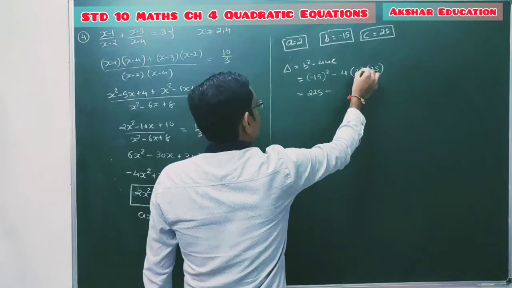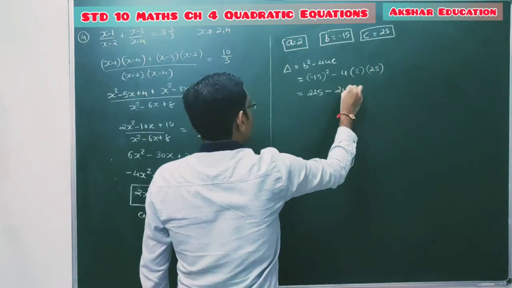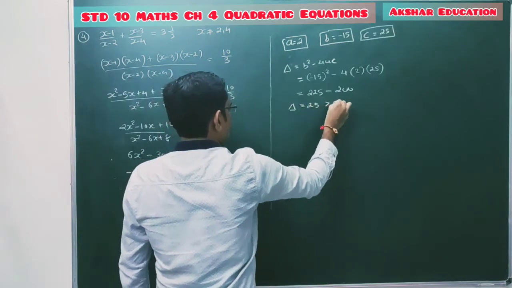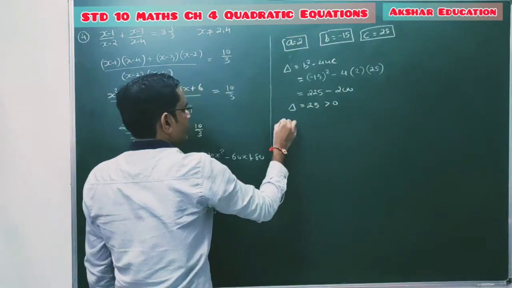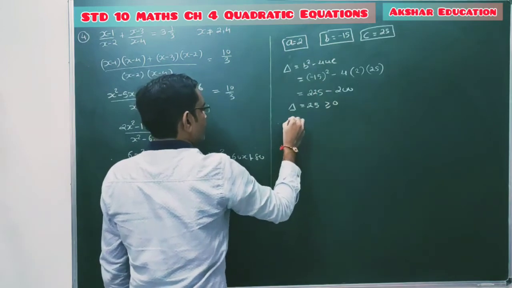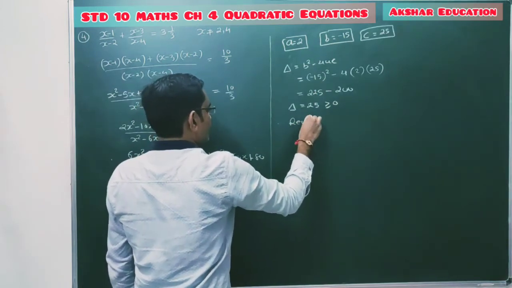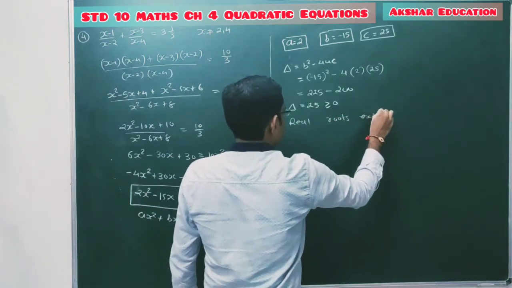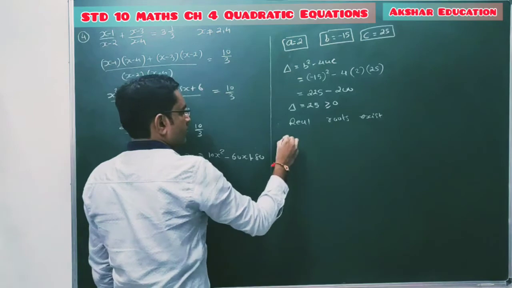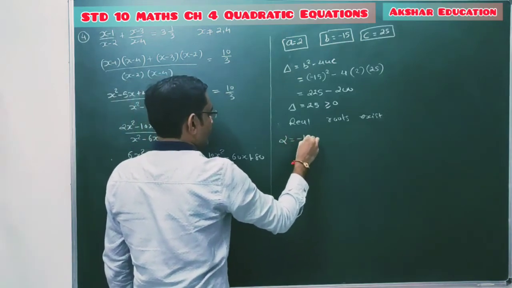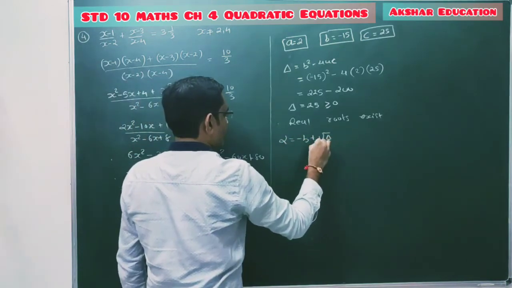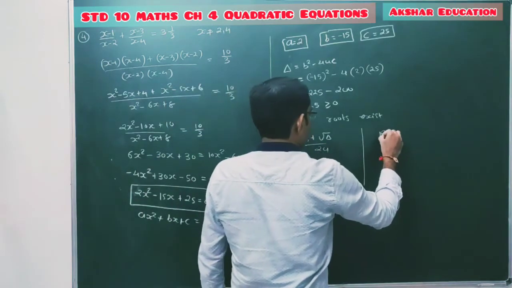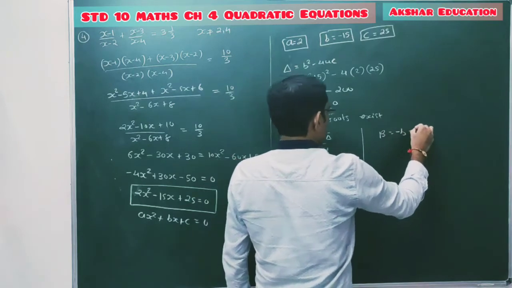200. 25 2s are 50, 50 4s are 200. So delta is equal to 25, and 25 is greater than 0. So a positive value is there, greater than or equal to 0. So we can say that the given equation has real roots, real roots exist. So we have to find those real roots. So alpha is minus b plus square root of delta by 2a, and beta is minus b minus square root